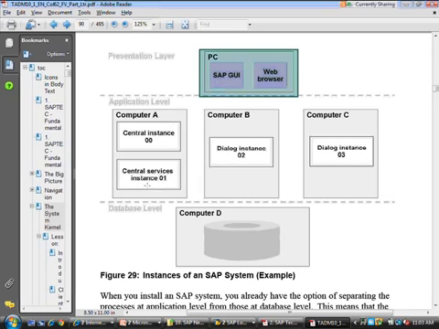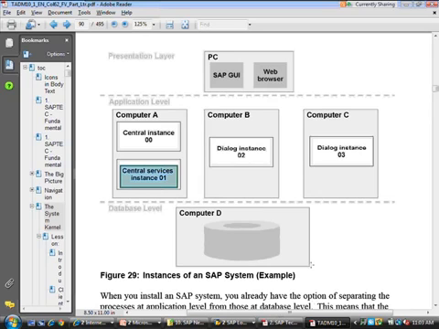A central instance, a central services instance. Central instance is for ABAP. Central services instance is for Java. And then 2 other dialog instances for scalability purposes, so that you can have more people log in and your solution can scale. And then you have a backend database instance also.